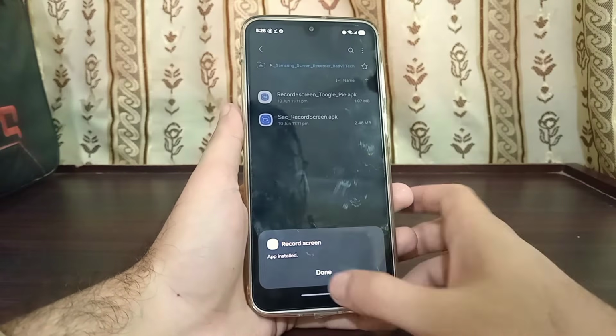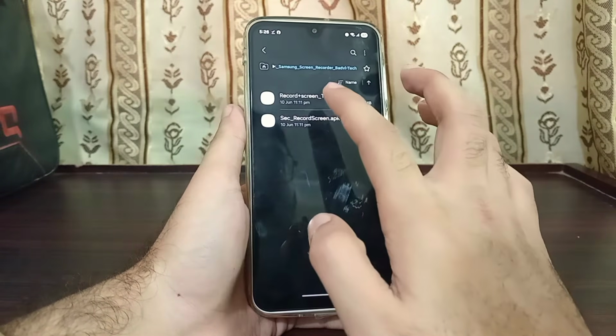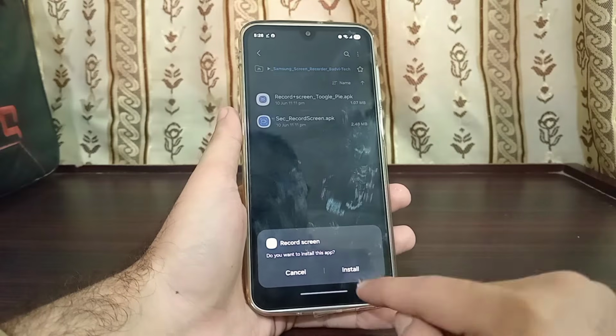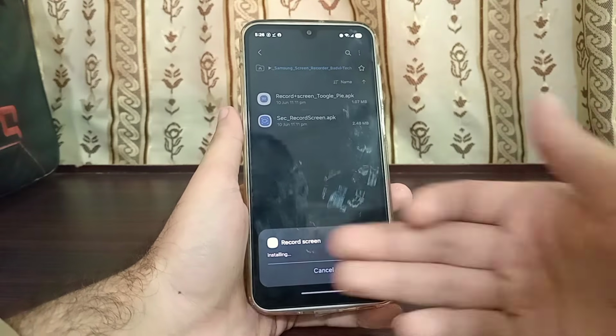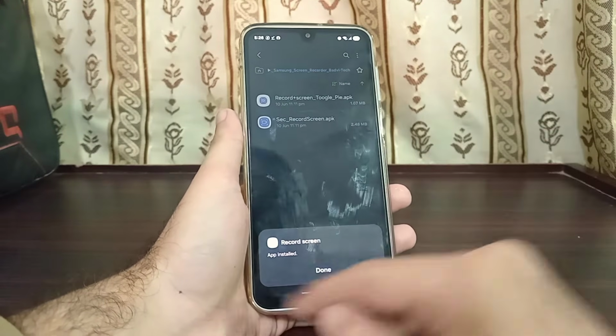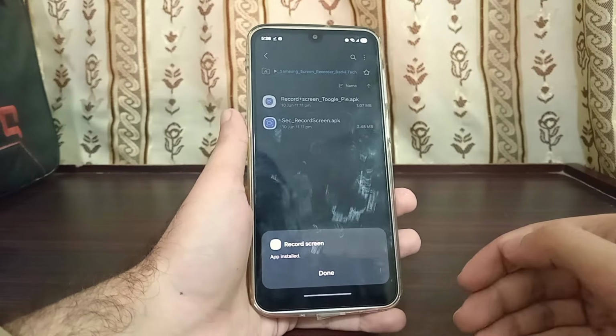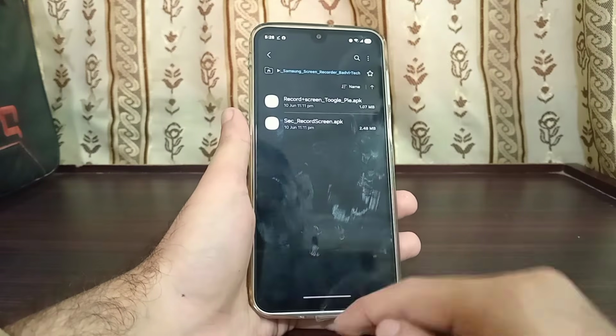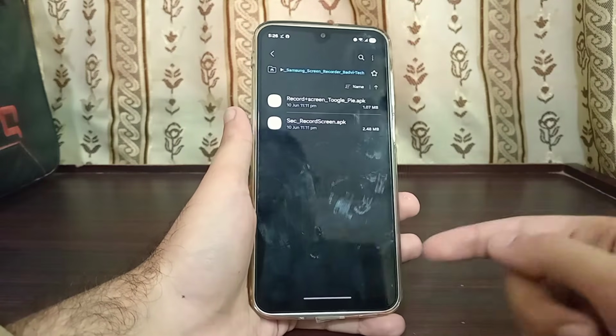App installed. Then click done, and then go with the second one. Again, did the same thing, click install, wait for it to install. These are very small apps. Again, app installed. On a few models, many people say that one of these files gets installed and the other one